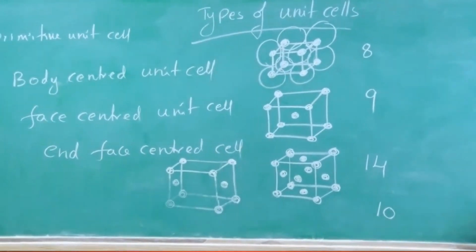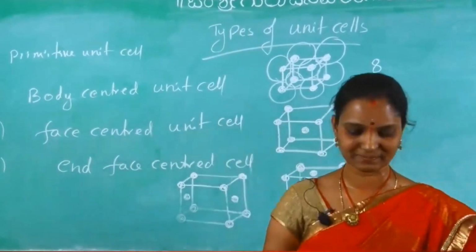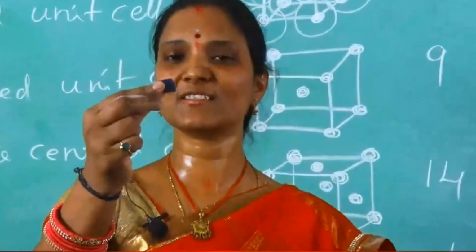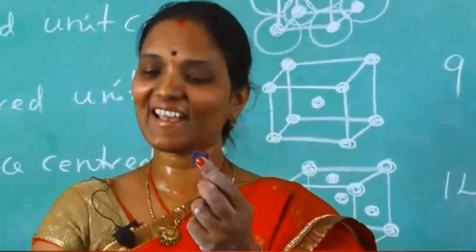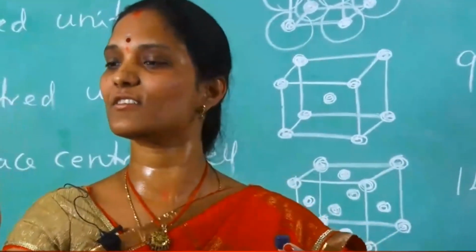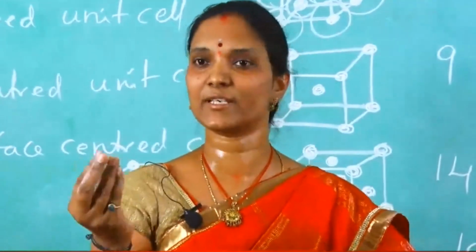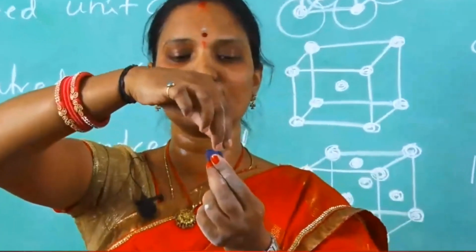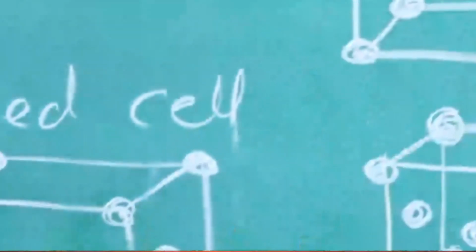I will try to explain this clearly. First, try to understand this with small cubes. Are you able to see this? This is the cube, the smallest cube. And this is the particle. Now this is the particle, a sphere, a 3-dimensional sphere. I am placing this particle in this corner portion. Okay, this is the corner. The cube is small, but the laddu is big. Wait, a little smaller is better.